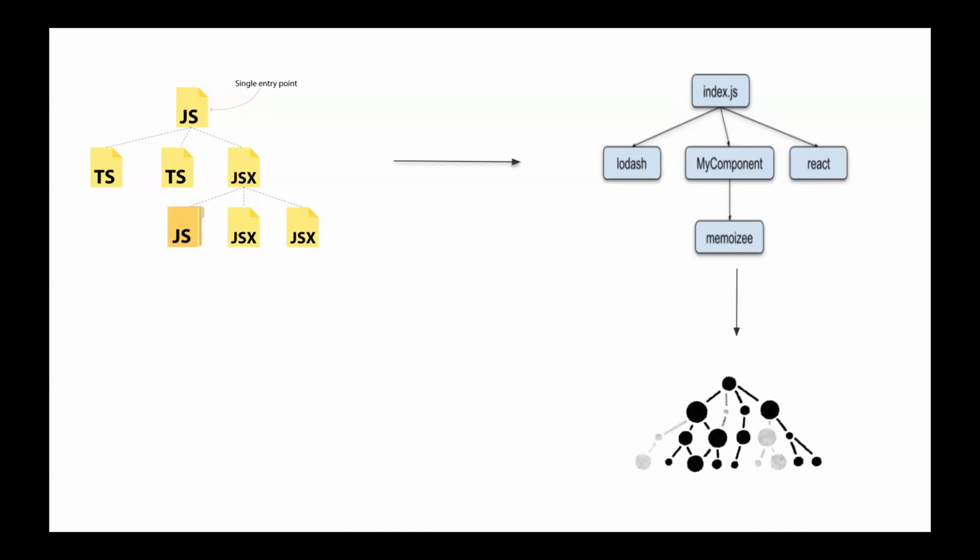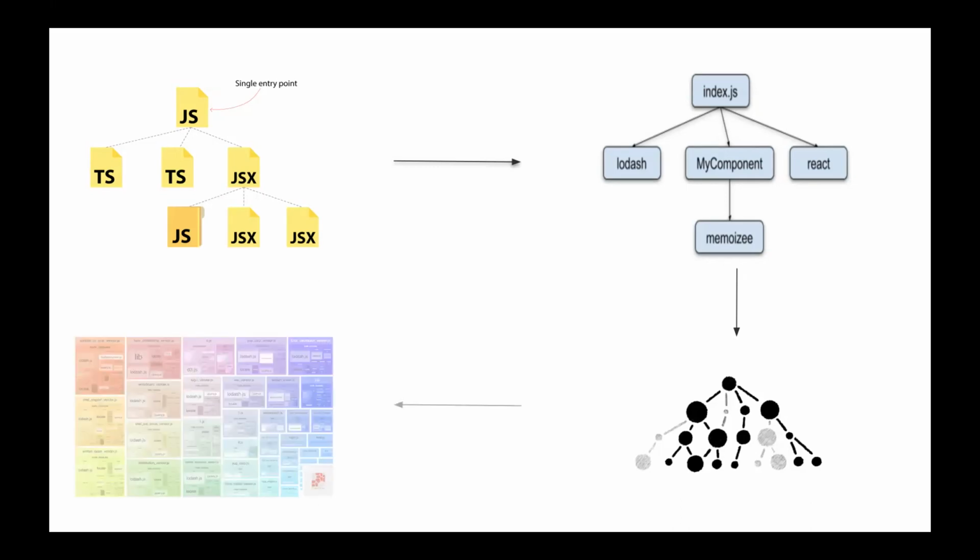Then what happens is Webpack creates something called an abstract syntax tree from the dependency graph. We'll discuss what an abstract syntax tree is in detail in the coming slides. So Webpack creates an AST so that it has all the code together with it, and it's already linking the code which is required. And finally, it generates bundles, a series of bundles. This is a simple image of a Webpack bundle analyzer, which shows you the chunk sizes and the sizes of the bundles.